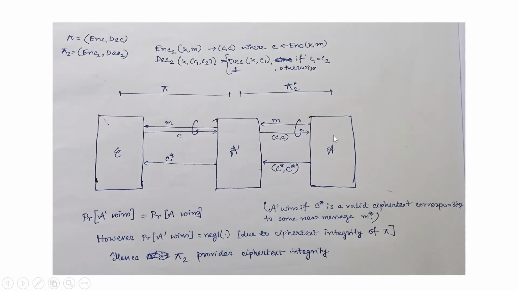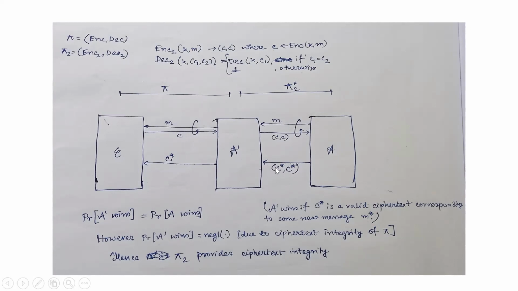Now, if the adversary A is able to output some valid ciphertext of the form C star comma C star, which actually decrypts to some message which is not seen before by the adversary A, then A dash just takes the first part of that ciphertext, which is C star,